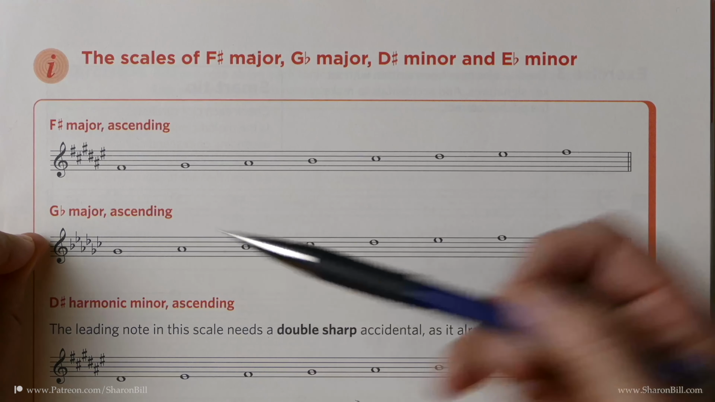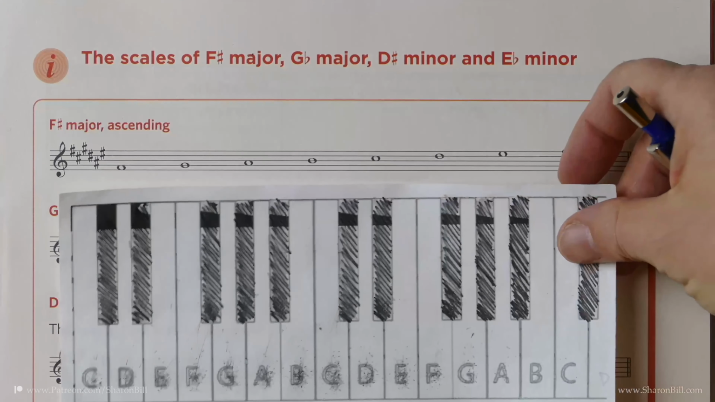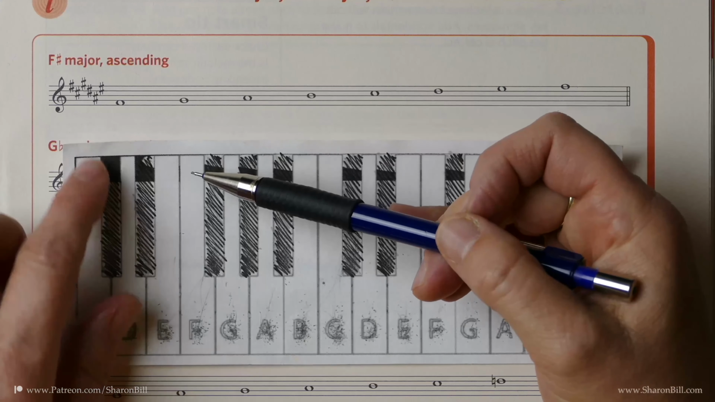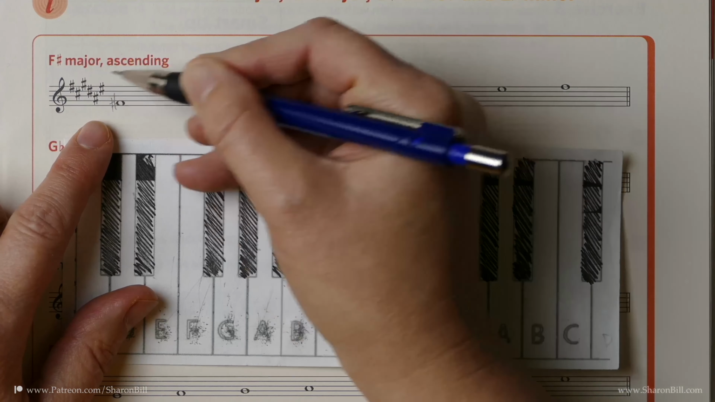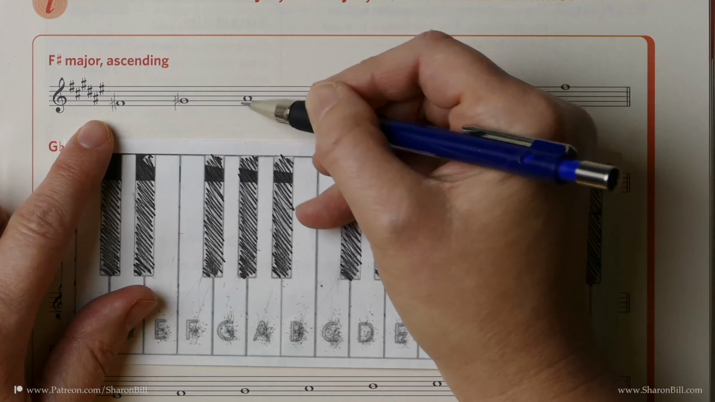And so F sharp major, let's just look at this. It helps to refer to the piano keyboard. And so let's just look at this. So F sharp major has F sharps, G sharps, A sharps,